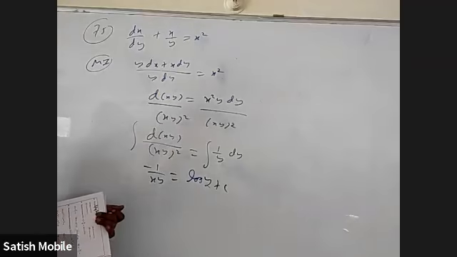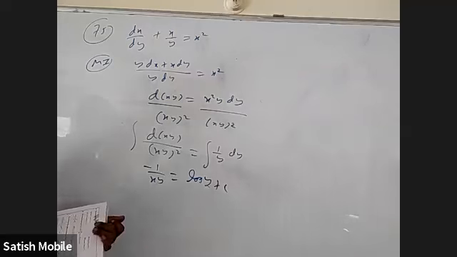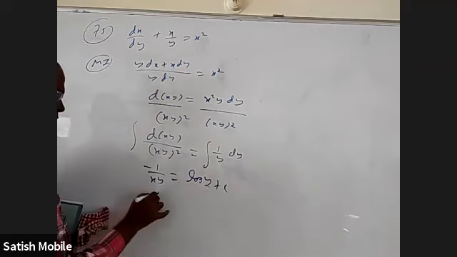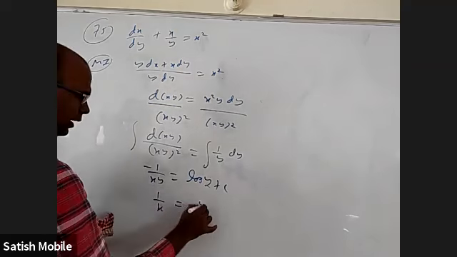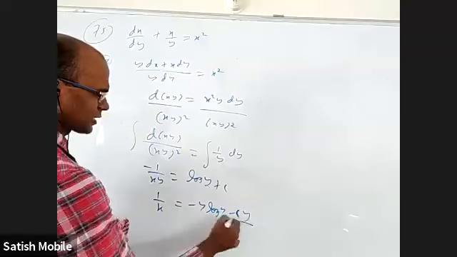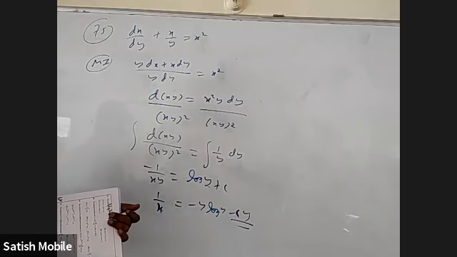They might have given this x that side or y that side. They gave cx or cy, one of them. Multiply with minus y. Then you will get 1 by x is equal to minus y log y minus cy. You can add minus cy plus cy. That is not a big issue. 1 by x equal to minus y log y. Option B.